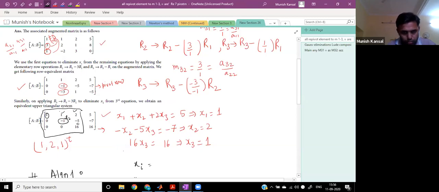On the right hand side you have this entry, minus 7. So this is a of, lying in the same row and last column, that is n plus 1, minus